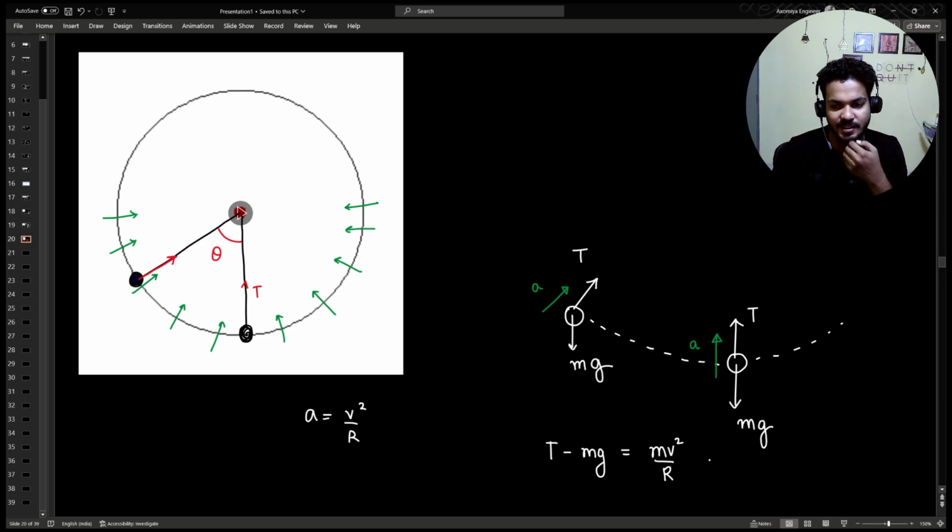So this is actually nothing but the second law, which says the sum of all the forces is mass times acceleration. This is what I have written here. But in this case, since this is making an angle of theta,